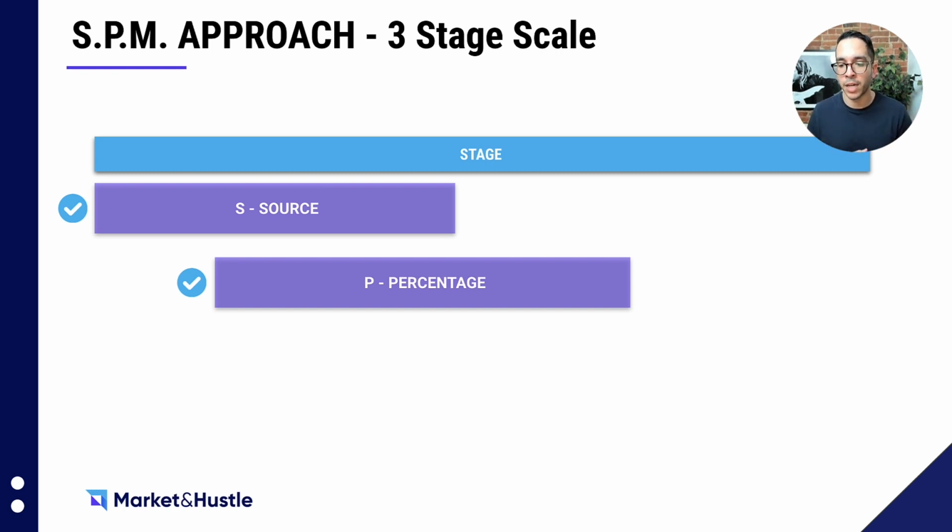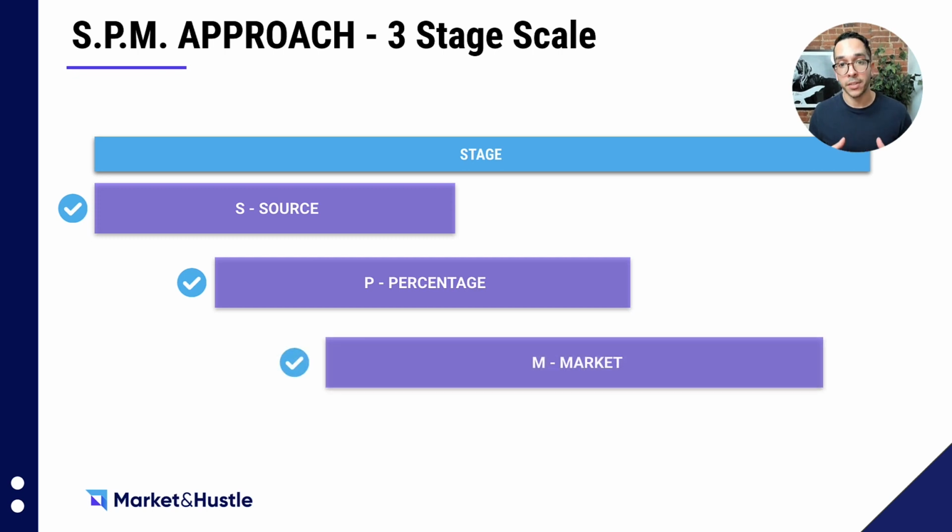And I constantly hear you guys talk about that, which is how do I scale but be profitable at the same time too? Now, the third part of the stage is markets. And this part might not apply to every single advertiser. However, if you are a D2C e-com advertiser where you have a product that can scale to multiple markets, you can sell in the United States, in Canada, in the UK, in Australia, Germany, France,